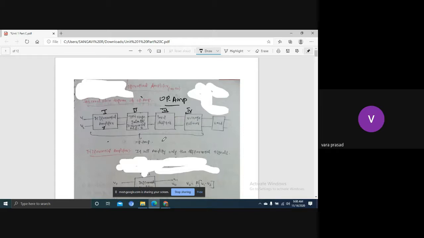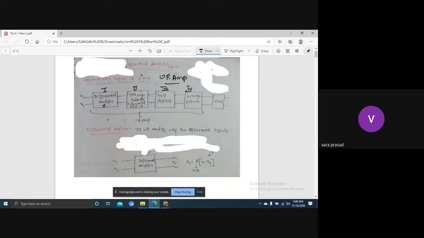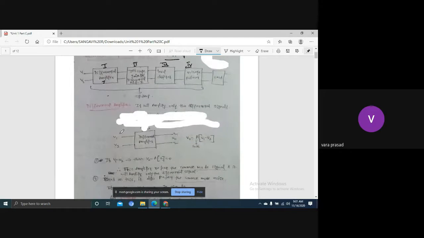Now, what can a differential amplifier do? Amplifier in the sense it can amplify the signal. Here the differential amplifier will amplify only the differential signal, the difference between the signals. We need to apply two inputs here, V1 and V2. The difference between these two can be amplified. Then V0 is equal to the difference, V1 minus V2, into gain A. Gain is nothing but the amplification factor. How much is it going to be amplified? A into V1 minus V2.